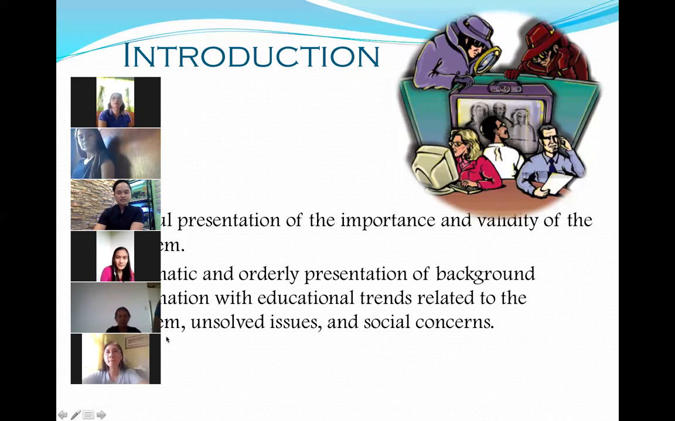So, there should also be a systematic and orderly presentation of background information with educational trends related to the problem, unsolved issues, and social concerns. Ito na yung sinasabi ko sa inyo ng mga issues. Mga issues or unsolved issues. So, when we say systematic and orderly presentation, later on, I will give you tips